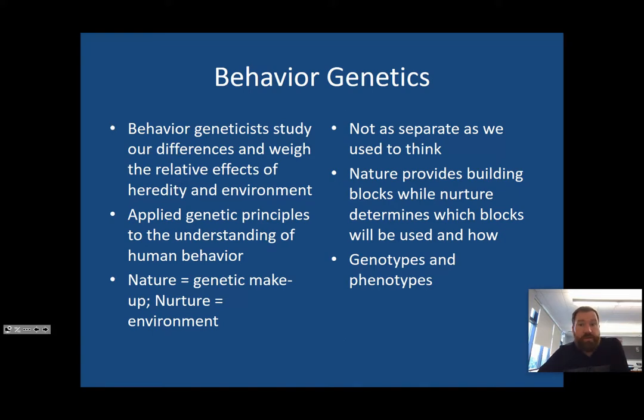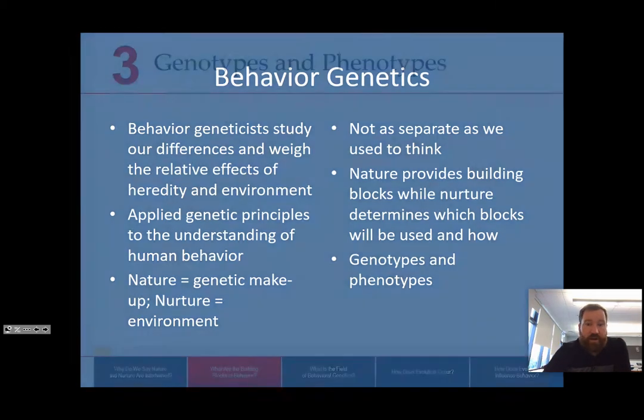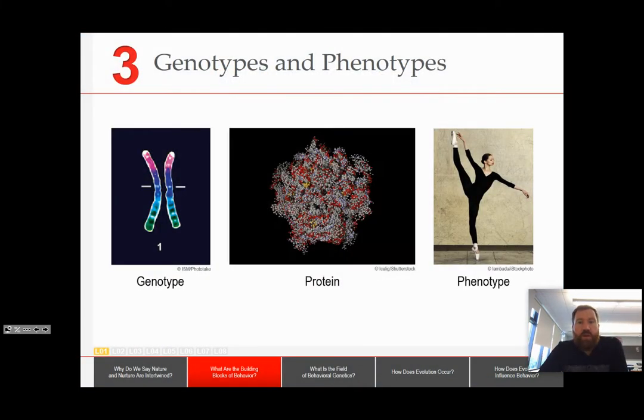This also gets into genotypes and phenotypes and the difference between the genetic makeup and the expression of those genes, which are two different things. Let's dive right into that now. The genotype is your actual set of DNA. It's the actual sets of chromosomes that you have for each one of your 23 pairs. The phenotype is related more to the observable characteristics. So phenotype is really the genetic expression.